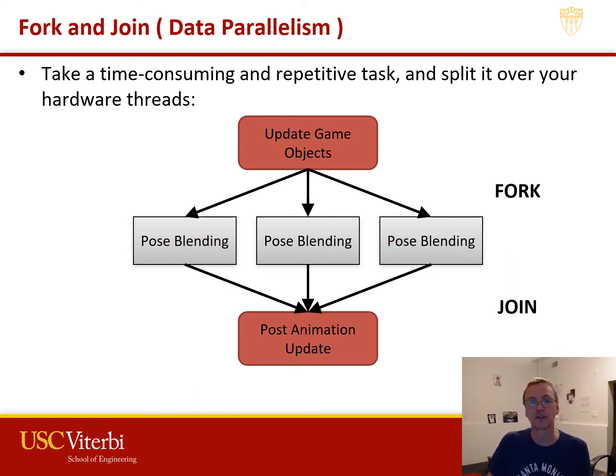We'll have lots of characters. And this is what we're specifically going to do in our lab here in the class. We're going to take one character and put it on this thread, and another character on this thread, another character on this thread. We'll fork off a bunch of threads to run a pose blend on each one of those,